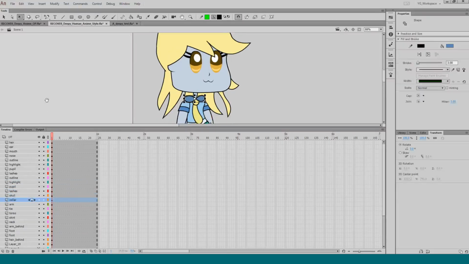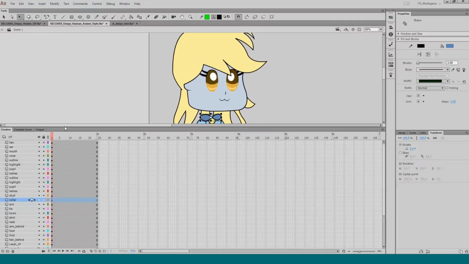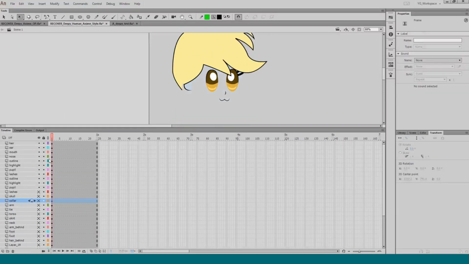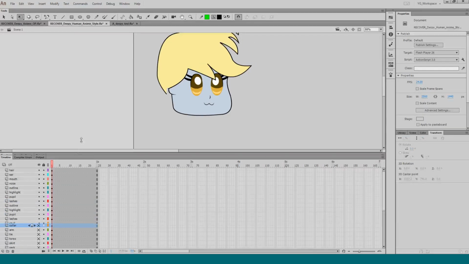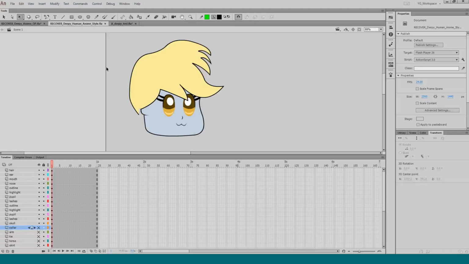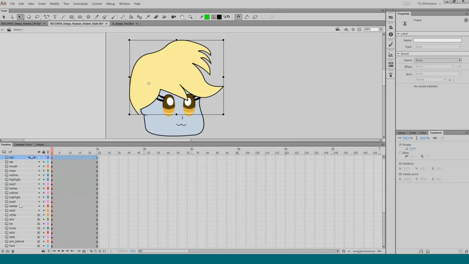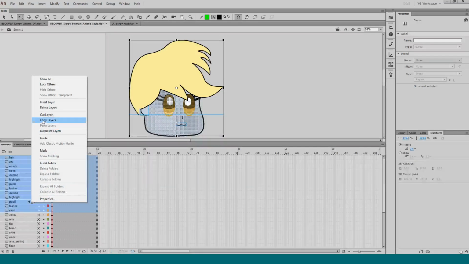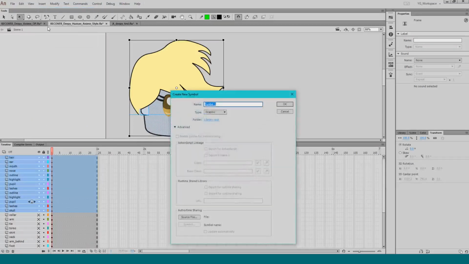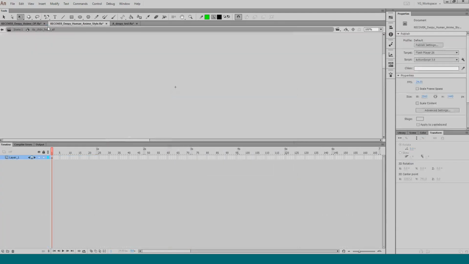So I wanted to also have the whole head, not the collar, all of this inside of another symbol. I'm using my hands to compartmentalize everything here into one symbol, and then I can move just the outer symbol of everything together. Okay, copy, insert new symbol, DP Chibi head all.